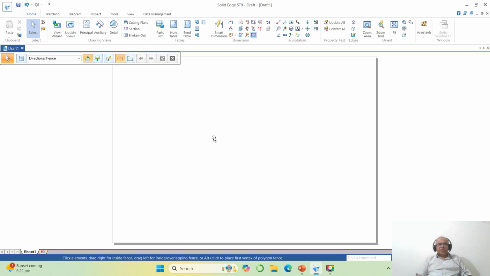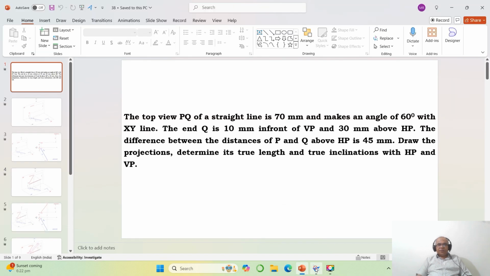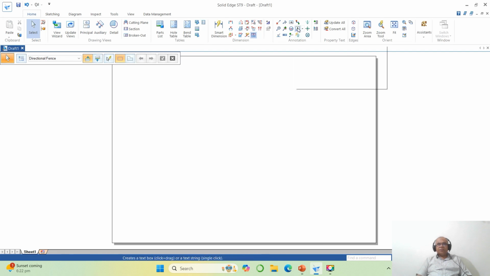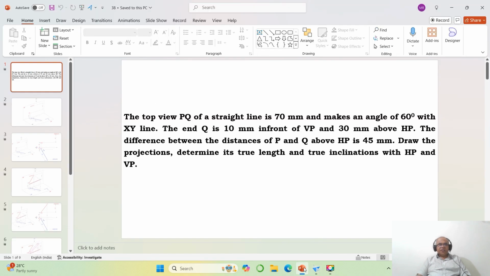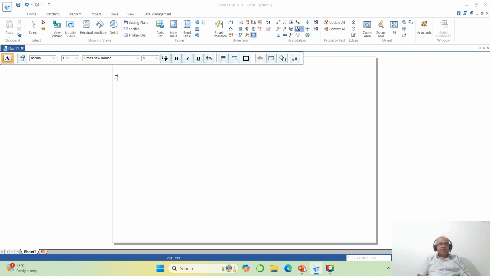Now we need to write the text, that is the question: the top view of PQ. So how to do that? You just go to text box, click on the text. Now you come down to Times New Roman and choose the font size for writing the question. Then you take the cursor somewhere here, click for the position of the text string, or click and drag to place the text box. So here I will just click on this position. Then I will start typing: the top view capital PQ